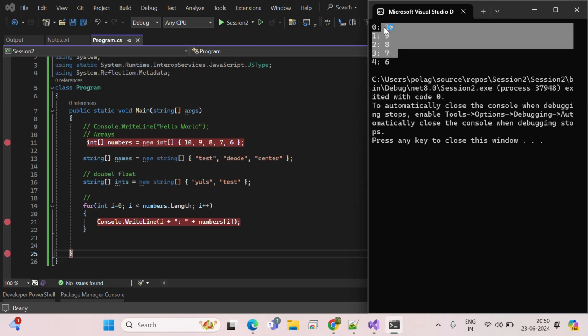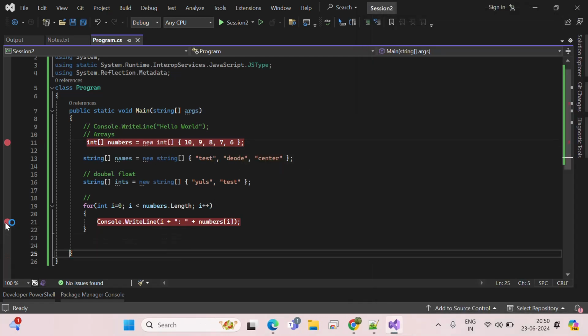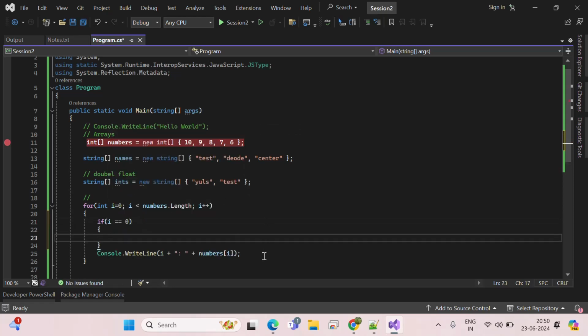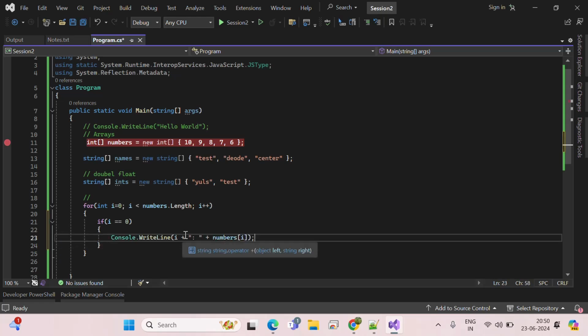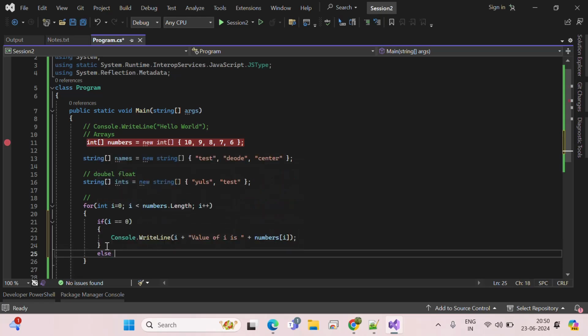This is the for loop we generally use for the length of an array. We can display it with the help of the for loop. And inside, if you want to do any calculations or modifications, if i equals 0, then at that time I want to print some different naming sections here. The value of i is like, in other cases,